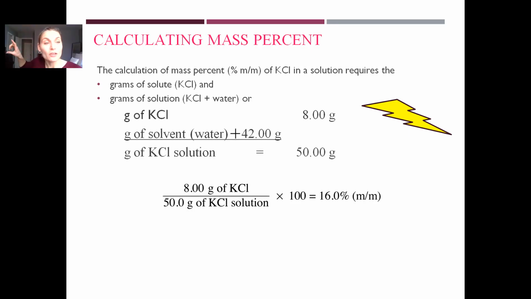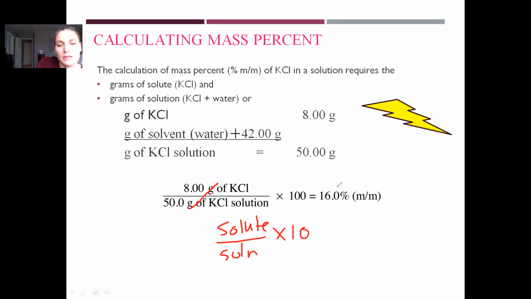It would be the solute over the solution. So the 8 grams is your solute divided by the 50 grams of solution. And the reason that we get that is because we have the solvent plus the solute added together. And remember, because now we would have our units cancel out and we don't want that to take place, we multiply this number by 100%. So our mass percent would be 16%. So again, you're getting the mass of your solute over the mass of your solution times 100%. Does that kind of make sense as to what we're doing?